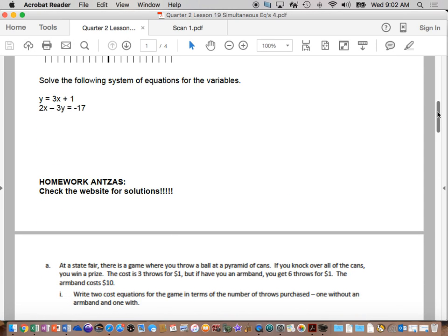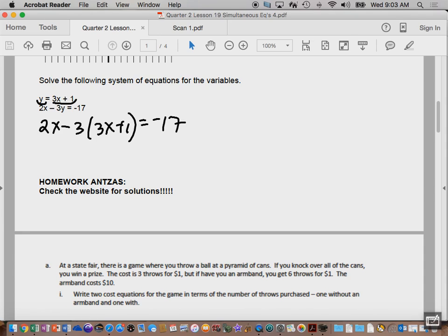Is this an elimination one, or is this a substitution one? How do you know it's substitution? Everybody. Every Y. They're not lining up, right? So 2x minus 3 times 3x plus 1 equals negative 17. All I did was say that the y and the 3x plus 1 are the same thing, Carissa, so I